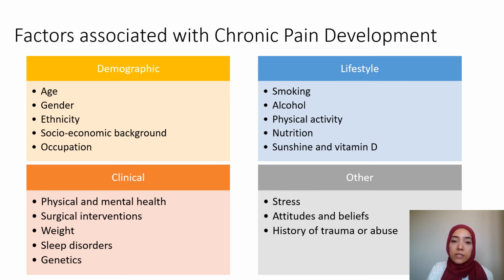Clinical health is obviously a great risk factor for chronic pain. Someone who's been sick or injured or had surgery, they're at risk of their acute pain turning chronic. Mental health disorders, stress, and genetics have been found to be contributors to chronic pain development. Even personal beliefs and attitudes can affect the likelihood of developing long-term pain. For example, having active lifestyles rather than adopting passive coping strategies, such as just resting and taking medications, can reduce the level of pain and impact the quality of life.